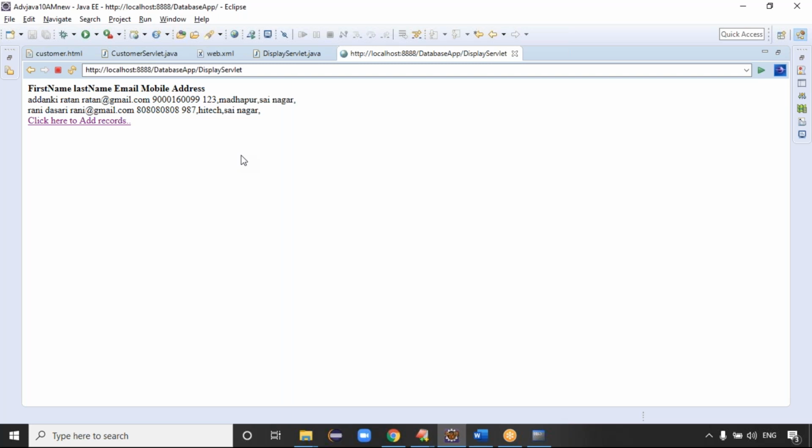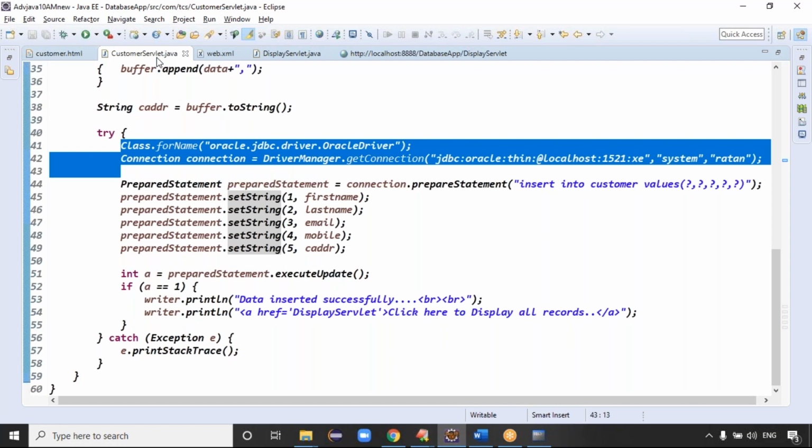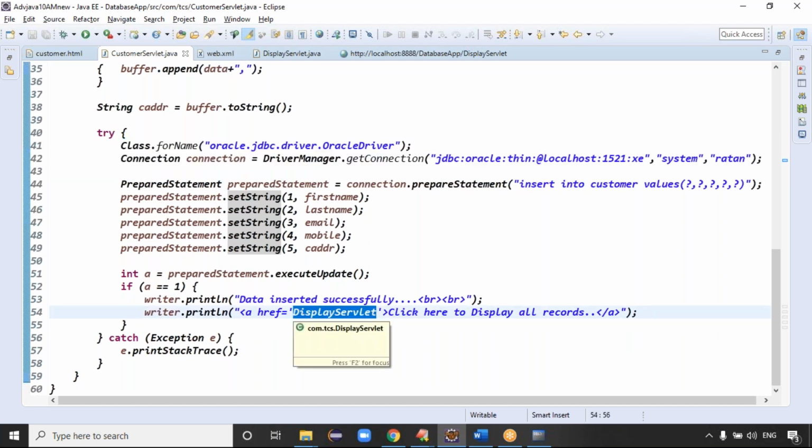One doubt: if it's an href URL pattern, then it's a get request. We have given an HTML page, so is that also a get request? No, the HTML page will be displayed, that's it. If it is a URL pattern, a get request is generated automatically.